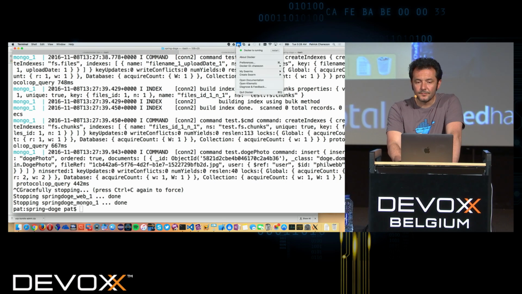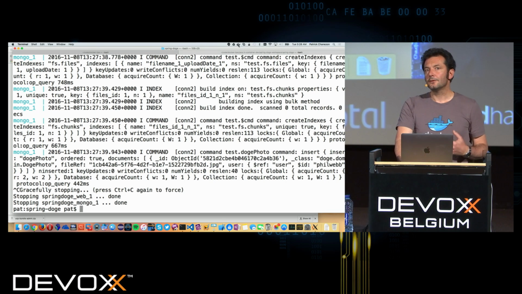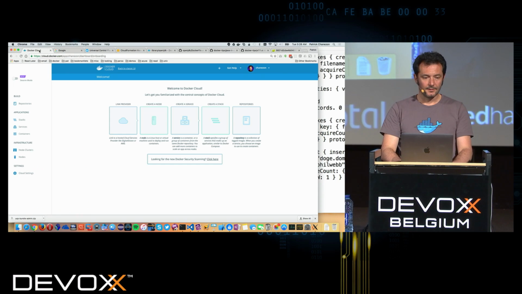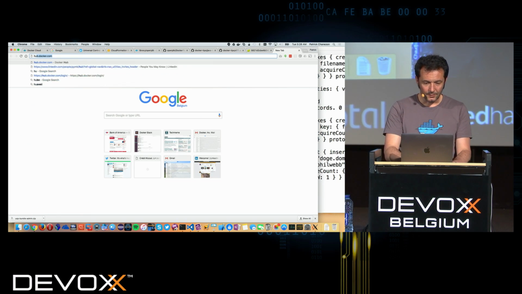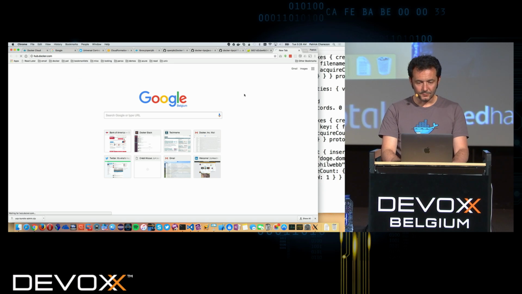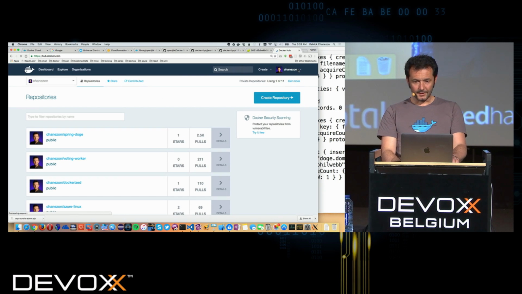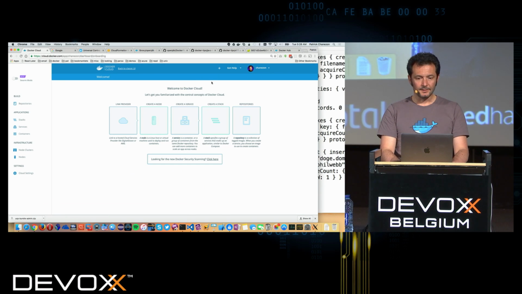So if I use Docker Hub, I have what we call a Docker ID in there that I can use on Hub or on cloud. So if I go to hub.docker.com, you would see that I'm logged in there, and that login is called a Docker ID and gives me access to Docker Cloud as well.